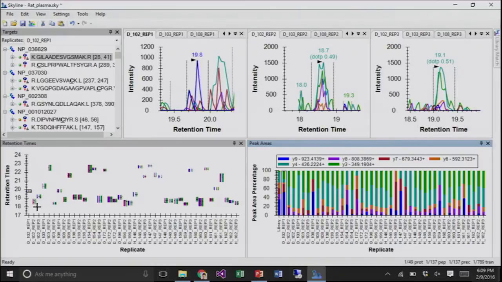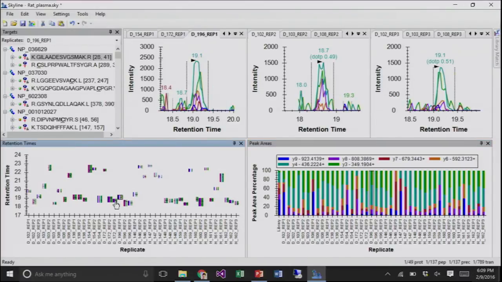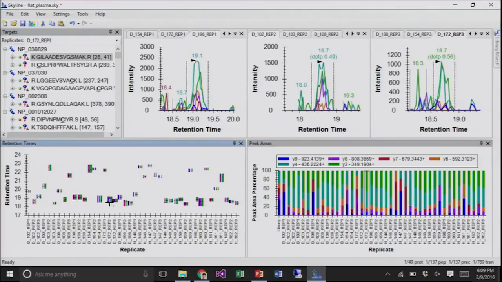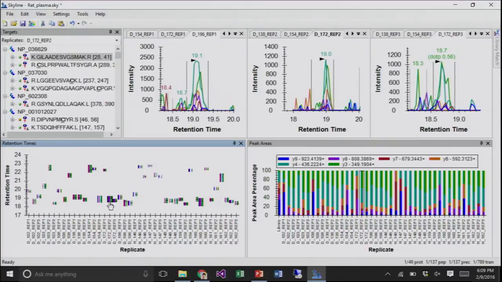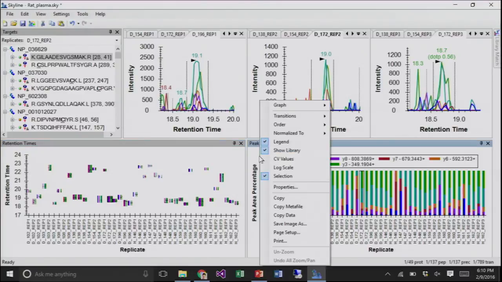And if we look at the retention times, we can see that if there's anything, it's this thing that's at about 18.5, right? There's a bunch of stuff that's getting picked too far away to be the same thing, but we can click on a few of these. That might be a peptide. Another thing we can do is right click in the peak areas, and if you actually